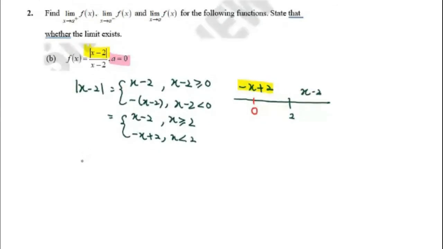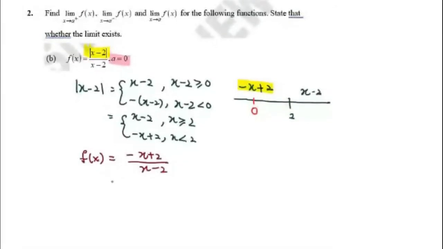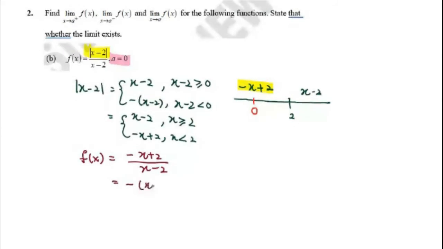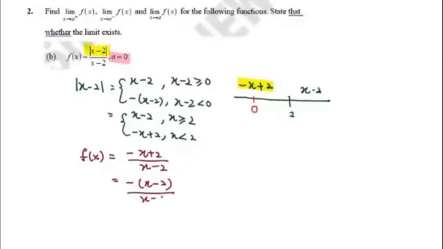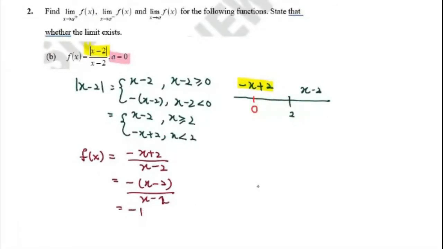Therefore, my function here will be equal to negative x plus 2 over x minus 2, or I can simplify my function, it will be negative (x minus 2) over x minus 2. So my function is equal to negative 1. So when I simplify my modulus function, and I notice that my function is negative 1, now I can answer